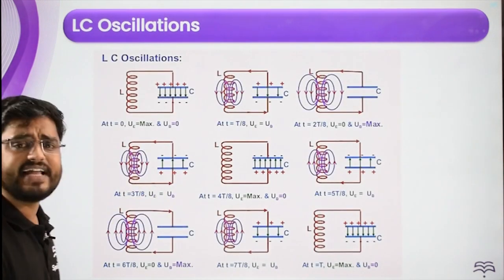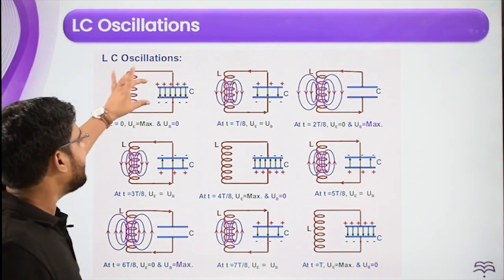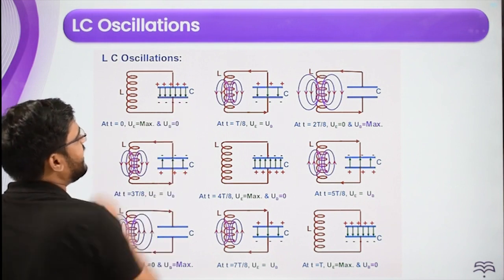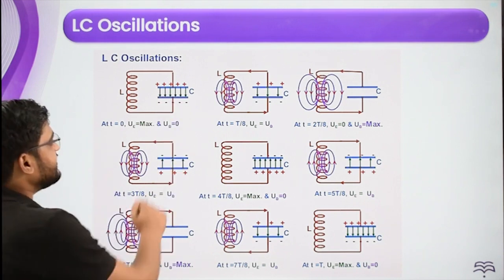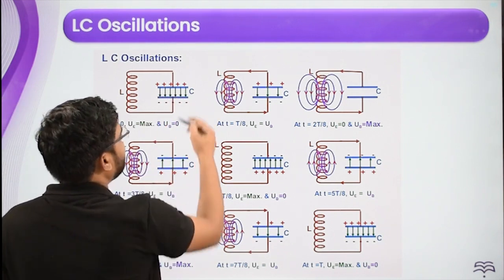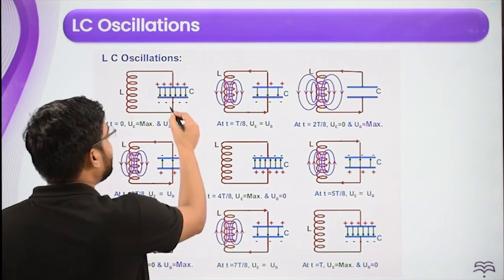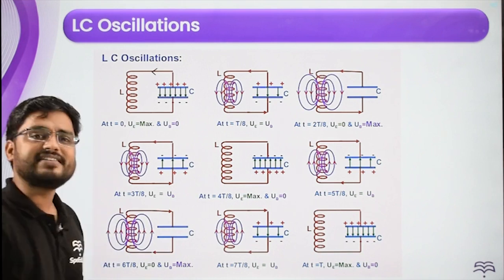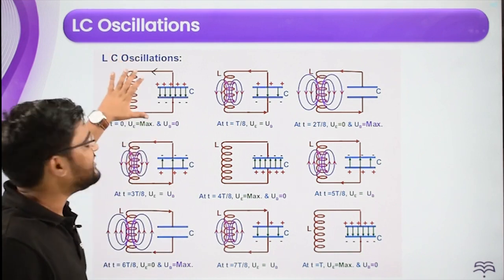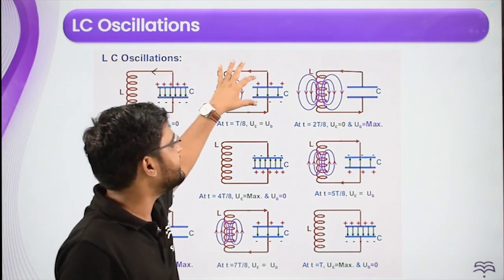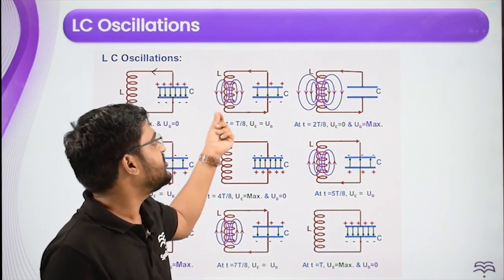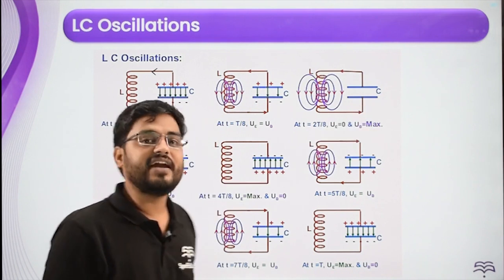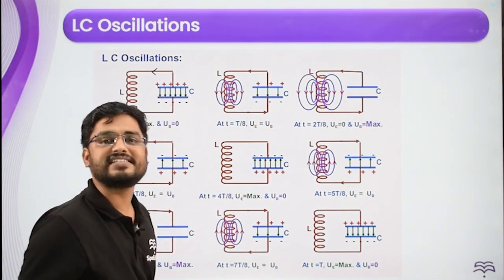Now this is a typical diagram. Initially the entire energy was in the form of electrical field energy between the capacitor plates. Now as this charge becomes zero, or let's say lesser, eventually these charges are going like this from the positive plate. So the capacitor is getting discharged here. As you can see, as it is slightly discharged, the charges are left lesser, and it is completely discharged in this diagram, right? So here the capacitor is continuously discharging.